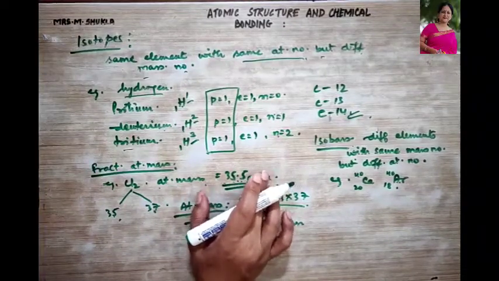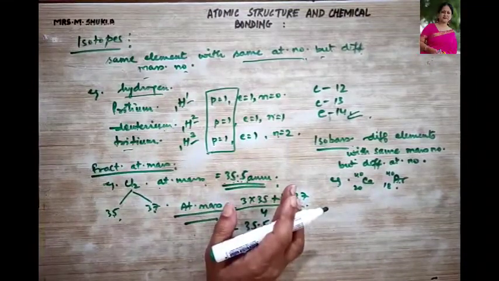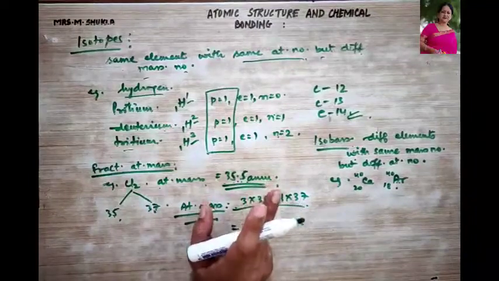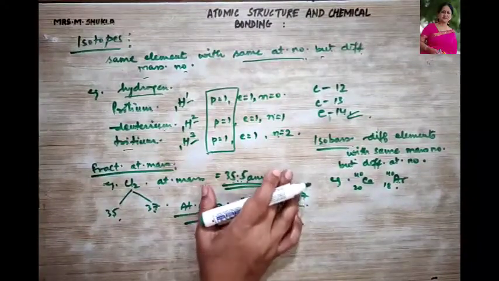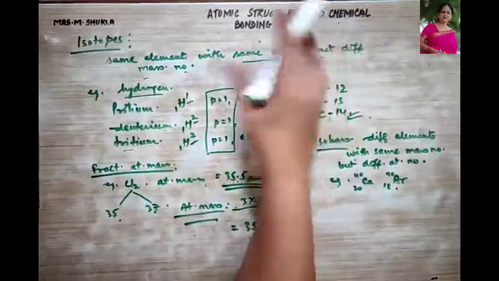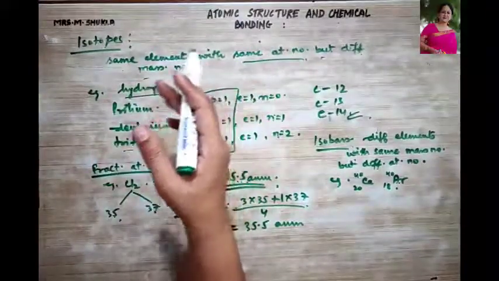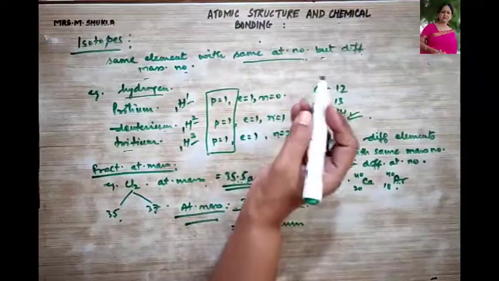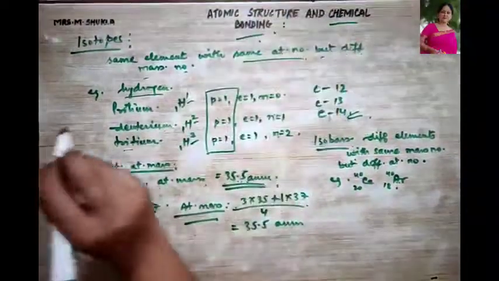That is, in the modern view, atoms of various elements combine with each other only when the chemical combination leads to a decrease in the energy of the system, and hence a chemical bond is formed between the two elements, which further forms a molecule or a compound, which we are going to study in the next video, moving towards the chemical bonding chapter.